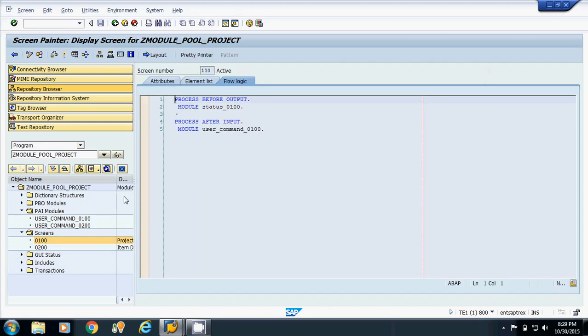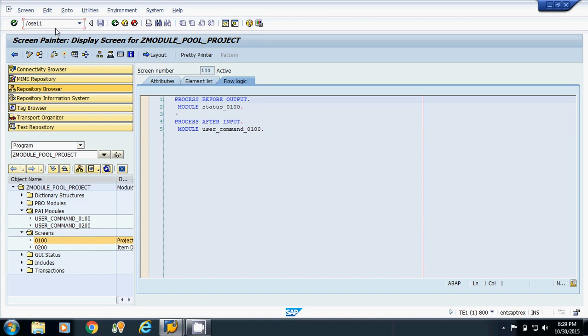Now what I will do in this screen, I will design an input field for project number. I will design one button, and when I click on that button I will display the header details of that project number. Now in SAP we have one table.